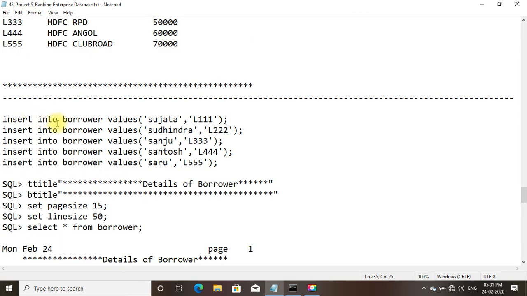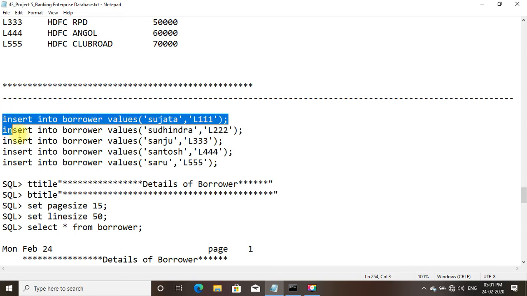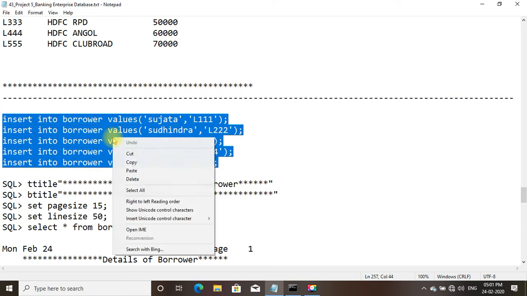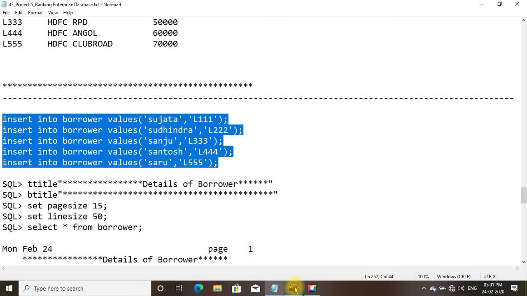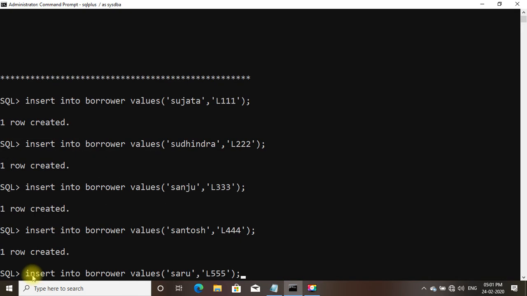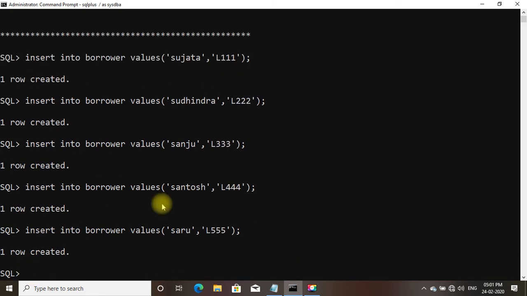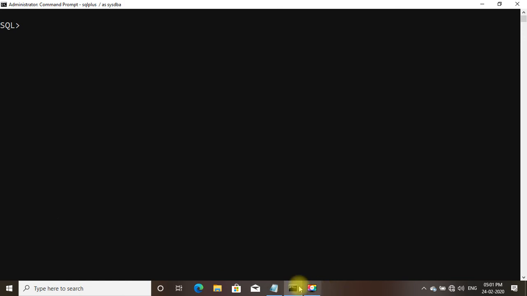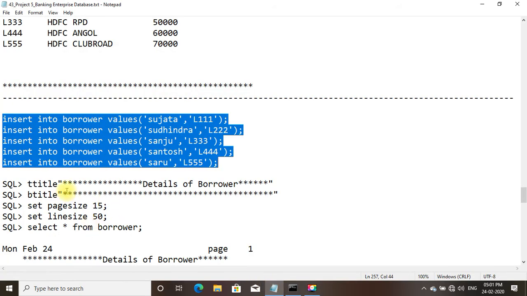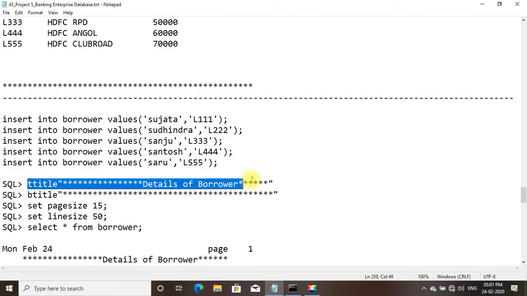Now we shall insert these records in the table borrower. Let us clear the screen. We shall set the data to details of borrower.